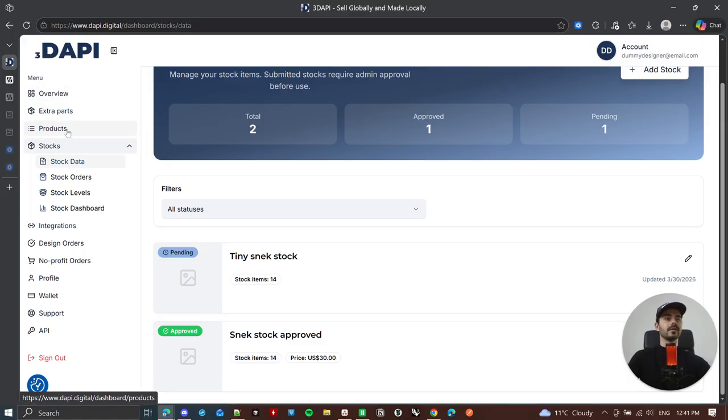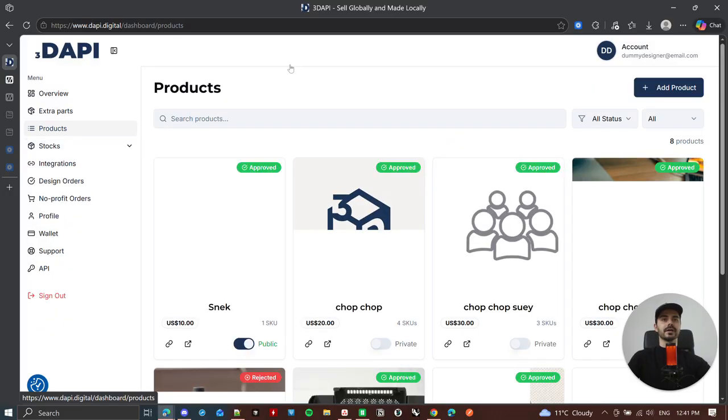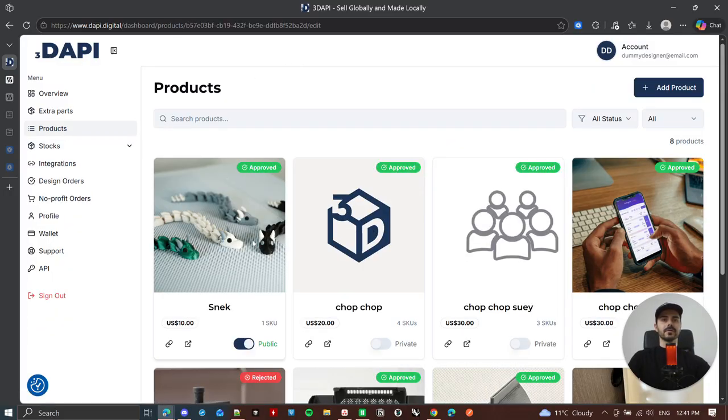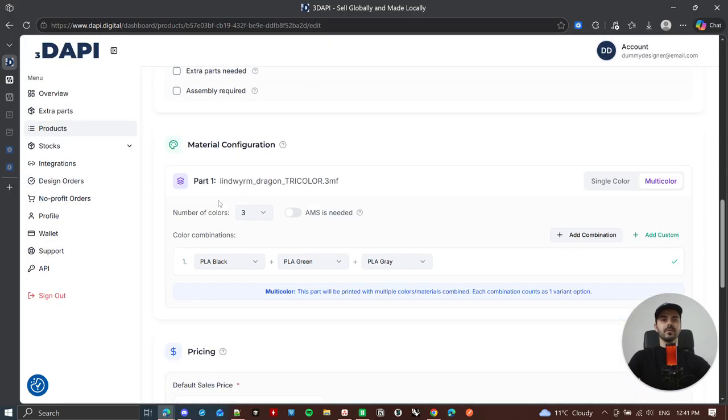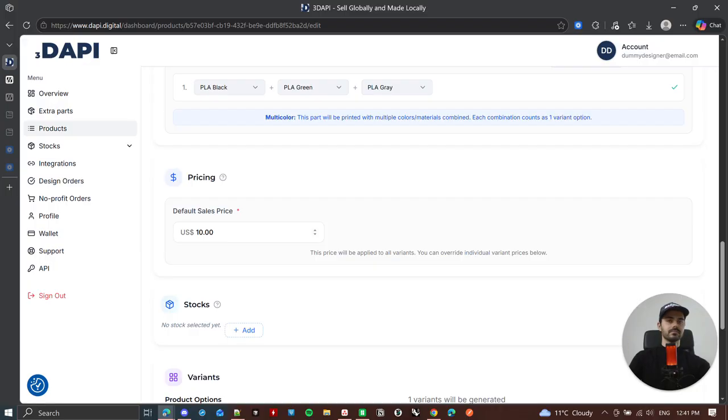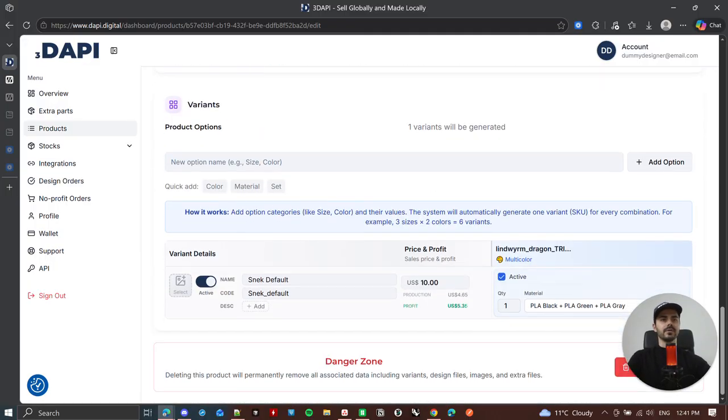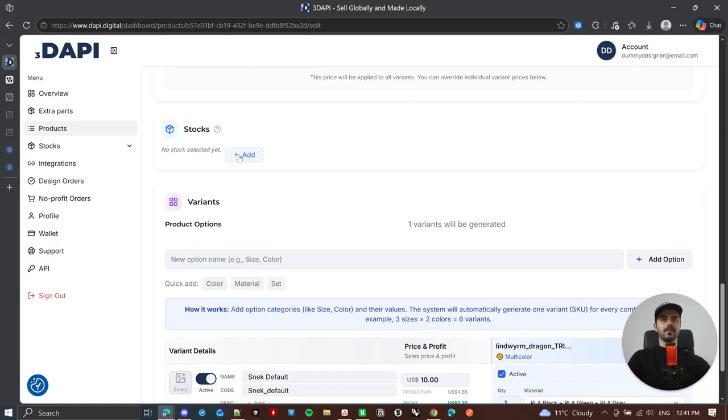So let's look at how you can update the product itself. Let's say this is your product, and the original would be sold for $10. That's fine. And with on demand, you can see the production cost would be 4.65. Now let's add